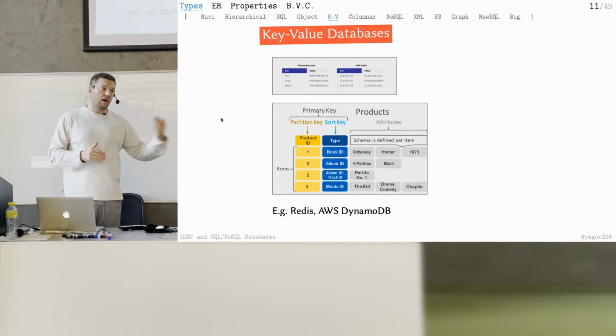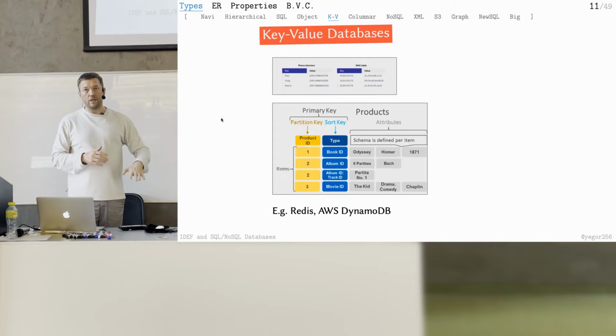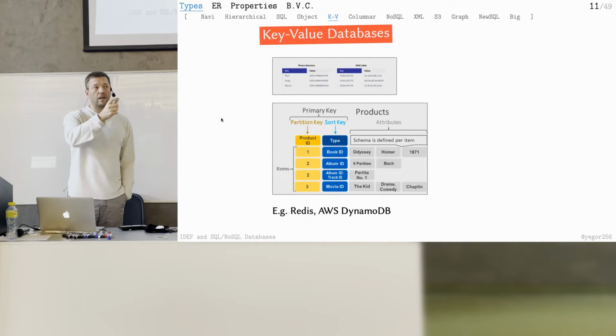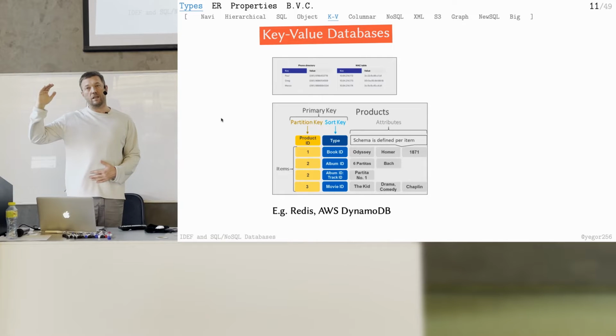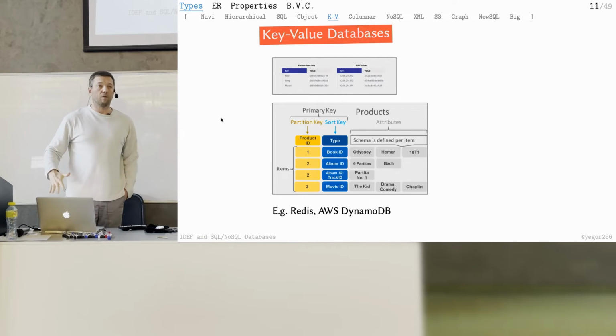For example, they come to your web page and ask for the price of the book. In order to render your page, you need to show the book, and for the book you need the price, the author, and the title. Let's say your database is designed in such a way that you need to make 3 requests: 1 for the title, 1 for the author, 1 for the price. Each request, even if the database is super fast, is going to take a few milliseconds. In the best case, I'm going to say 5 milliseconds. So you have 3 requests, it's 15 milliseconds. It's already too slow for a fast website. And if there are hundreds of requests like this every second, then the database most probably will go down.